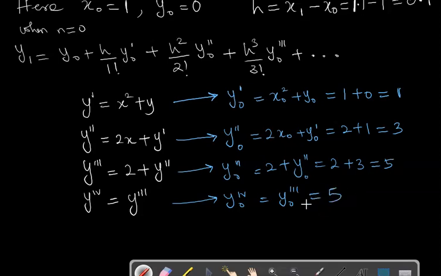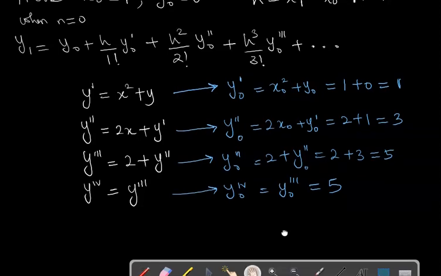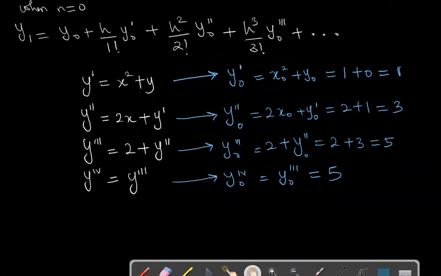So nothing will change here. We're still going to be getting 5, 5, 5, and so on. So we can stop here. We've gotten the first one. The next thing we have to do now is put all this value into this formula. So the formula here is